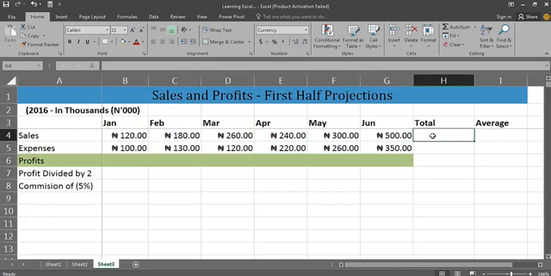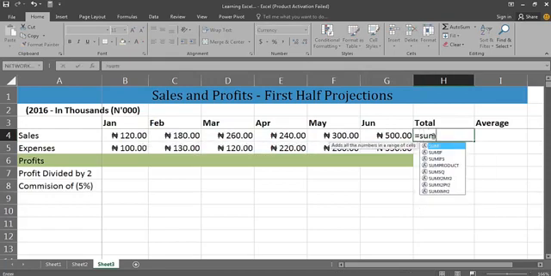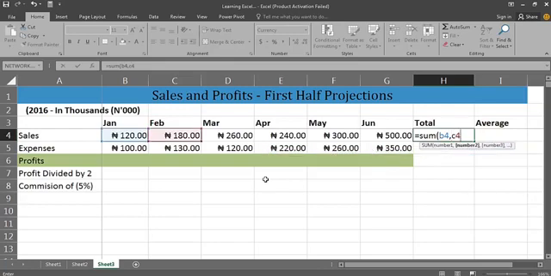You simply do that by typing in the equal to sign, and you type in the sum function, open parenthesis, you type in the cell address of the values, or you simply click on them and drag till the last value. So we can either type in the cell address by typing B4, bring in the comma, type in C4, bring in the comma,